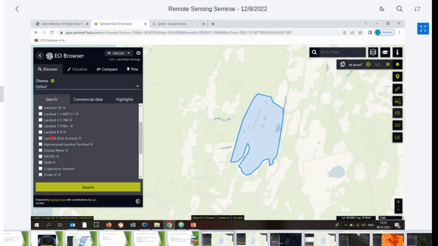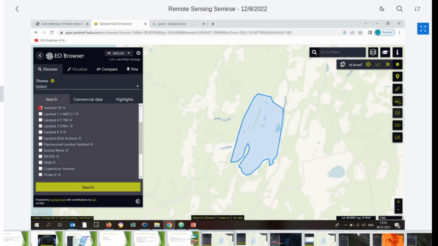Well, yeah, this is how it looks like. So here on the left, you can select from the satellite archive that you want to use. You can see there are quite many of them already accommodated. So I work at the moment mostly with Sentinel-1, 2, and 3, and all of them are accommodated here. So even Sentinel-1, that's quite nice.